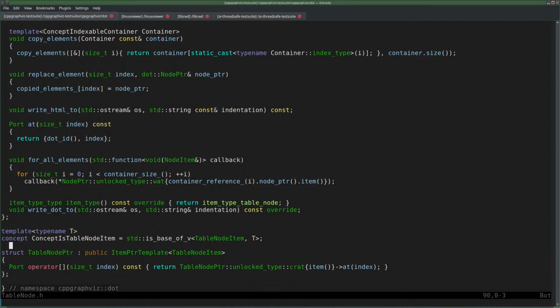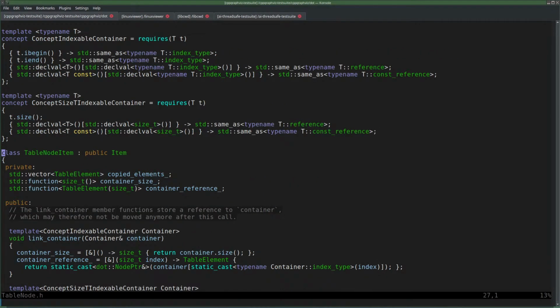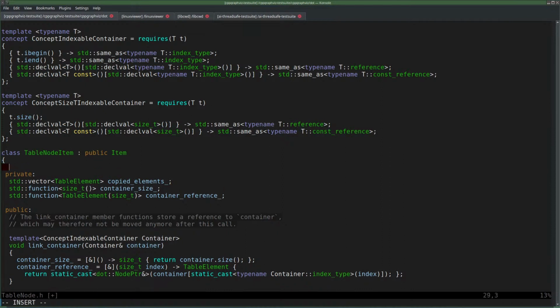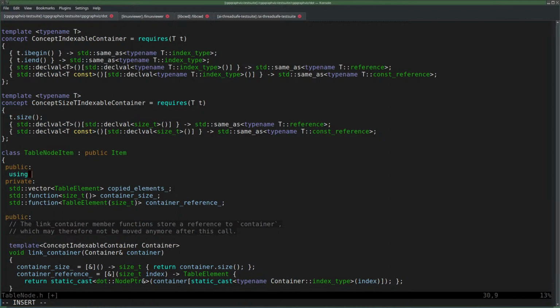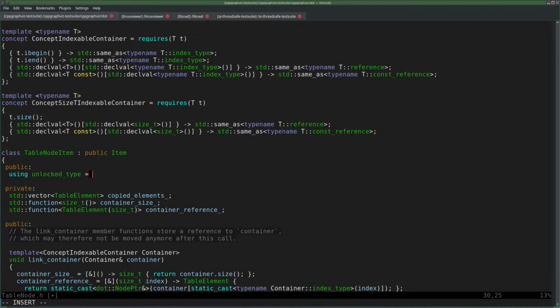Table node is again item pointer template table node item, and then table node item must define it as, and it doesn't. So public using unlocked type is thread safe unlocked table node item, comma something policy, if I can remember that.